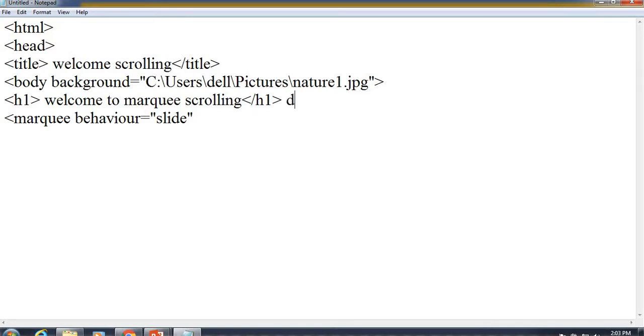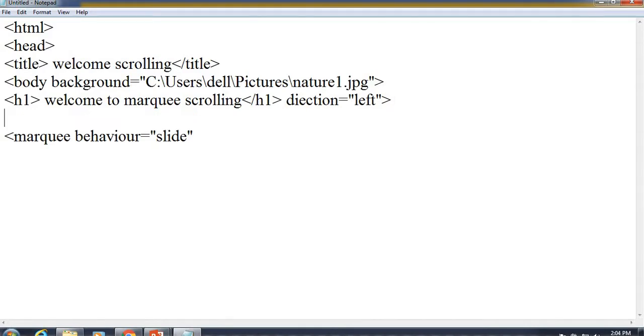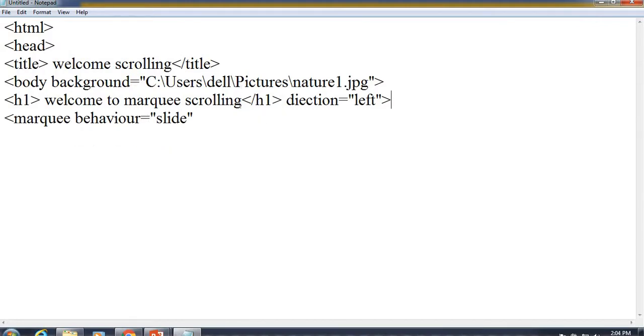So we are adding a direction property or attribute for this, and I am giving it just as left. Then I am adding a property to that. So here the properties are added.